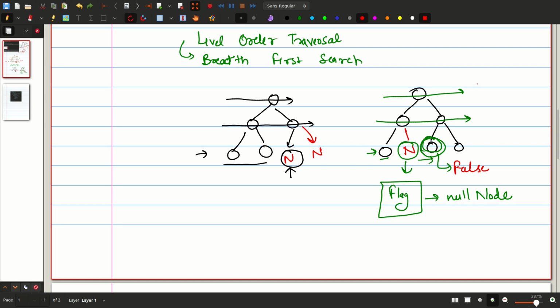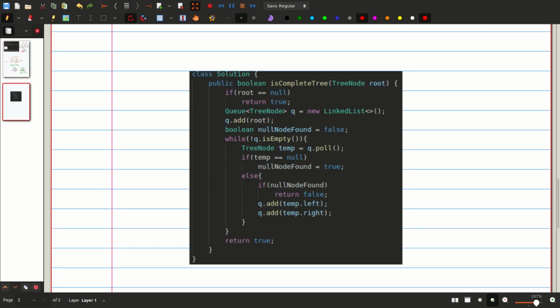First I selected my traversal, which traversal technique I will be approaching in this question. And after deciding the traversal order, I decided how I can see the definition of a complete binary tree through this traversal technique. Okay, so let me take you to the code walkthrough once. So here, if my root is null, I can simply return true. So this is my base case, because that is also a complete binary tree. अगर एक root की वैल्यू null है, क्योंकि null के बाद मुझे एक not null वैल्यू नहीं मिल रही है, करेक्ट, सो वो भी एक complete binary tree बोला जाएगा.